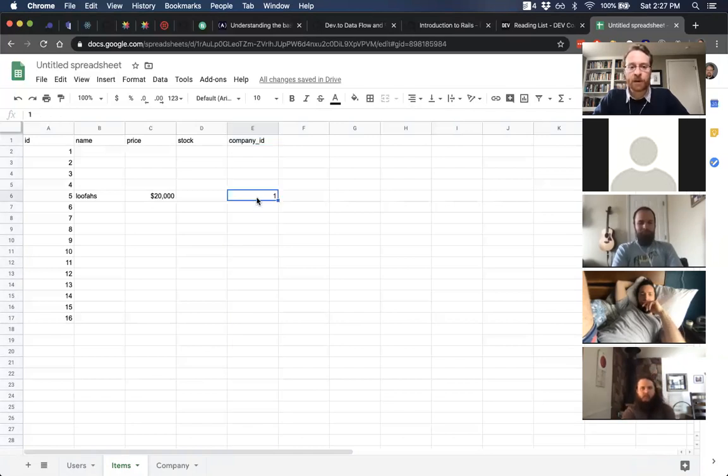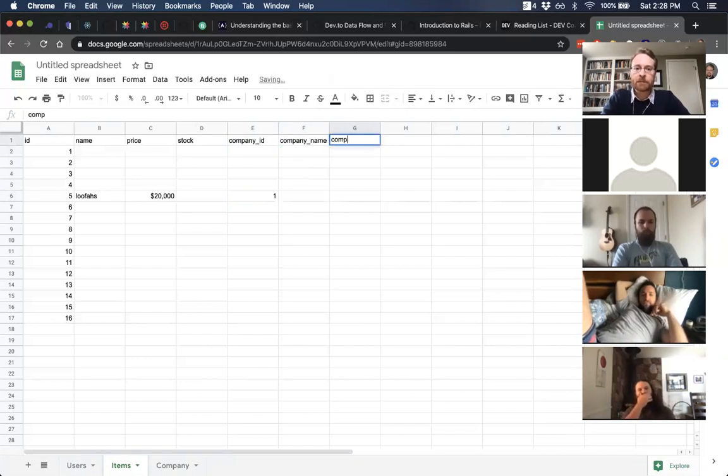And a foreign key is just the primary key from a different table being referenced on a table to relate them. That way, instead of having to duplicate all of the company information, so you could put this all in one spreadsheet and say company name, company address, company phone, and you could duplicate it. So you could have Amazon,